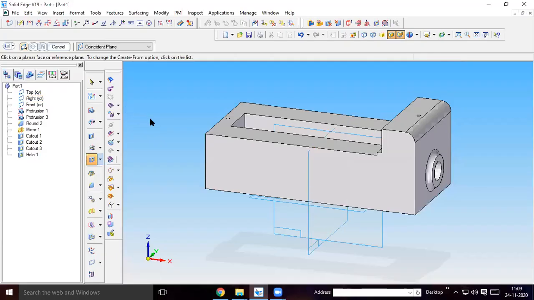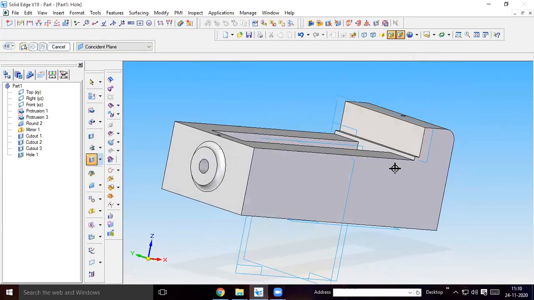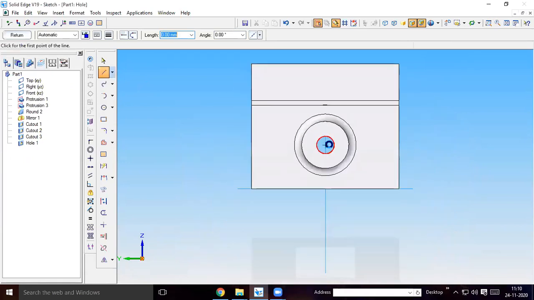So this is a hole you have to select, because you are doing a threaded hole. Select this surface here. This is the center line. From the midpoint of this line, you have to take 12.5 mm height, at 90.